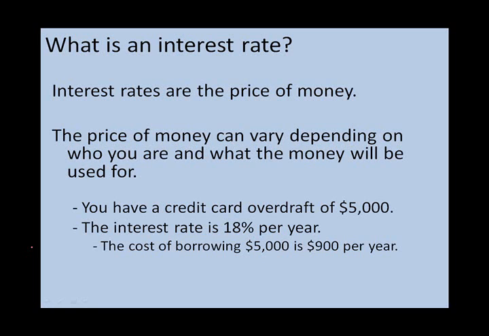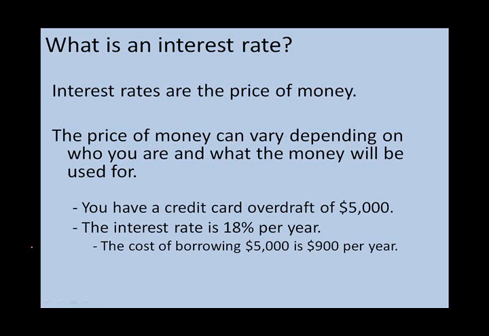Now that we think about interest rates as the price of money, you can see how people think about interest rate cuts or interest rate increases. If we cut interest rates, we're lowering the price of money, which means people should use more money. If we raise interest rates, then we're increasing the price of money, which makes it more expensive for people to borrow money. So we'll spend less. Now you can see why interest rates are talked about so much and why the chairman of the Fed is so influential in terms of determining the state of the US economy.